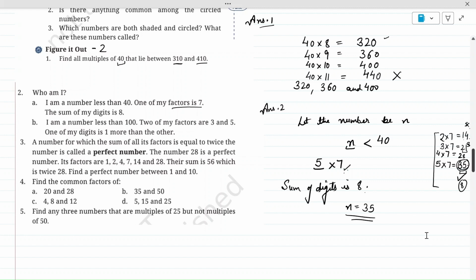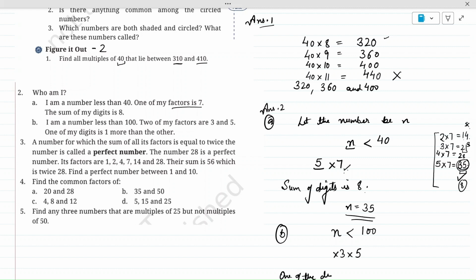Now this was the A part of the question. Now coming to the B part, it says I am a number less than 100. Two of my factors are 3 and 5. So what it is saying is that I am a number, let's say the number is n, and I am less than 100. Two of my factors are 3 and 5. And one of my digits is more than the other. In the earlier case, it was saying the sum of digits should be 8. Here the condition is that one of the